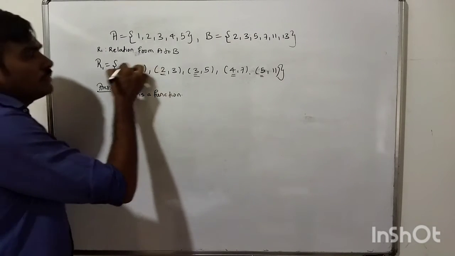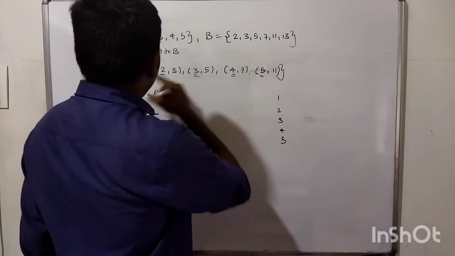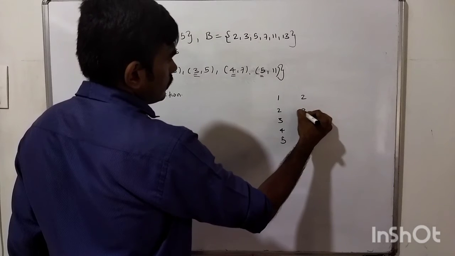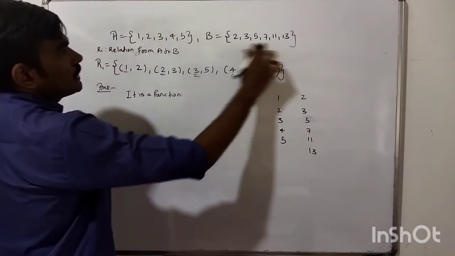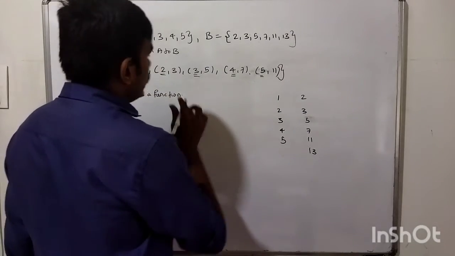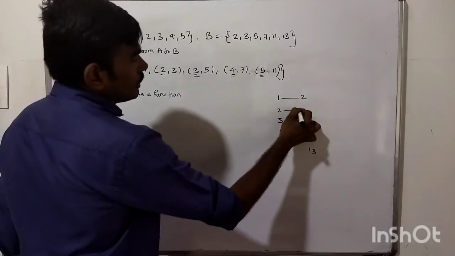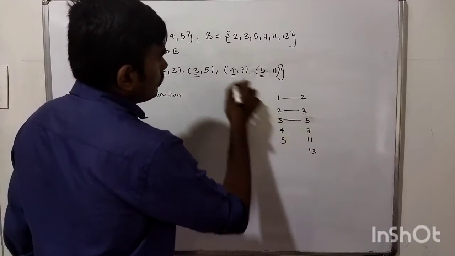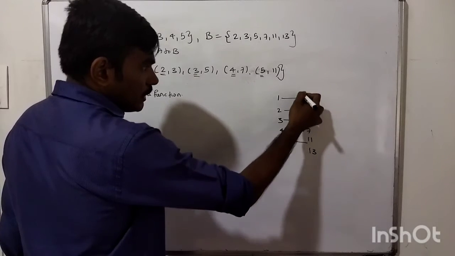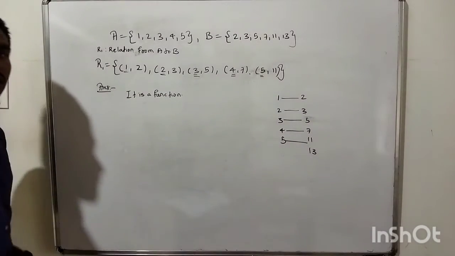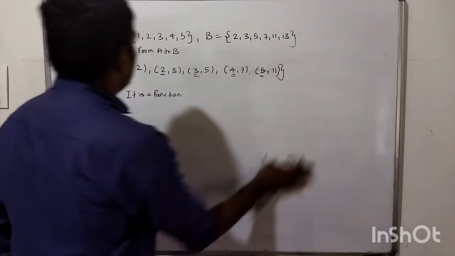Or if you still get confused, what you do is write 1, 2, 3, 4, 5 first and 2, 3, 5, 7, 11, 13 second, and then draw arrows: 1 to 2, 2 to 3, 3 to 5, 4 to 7, 5 to 11. So every element of the first set has a unique image in the second set. So this is a function. Second one,